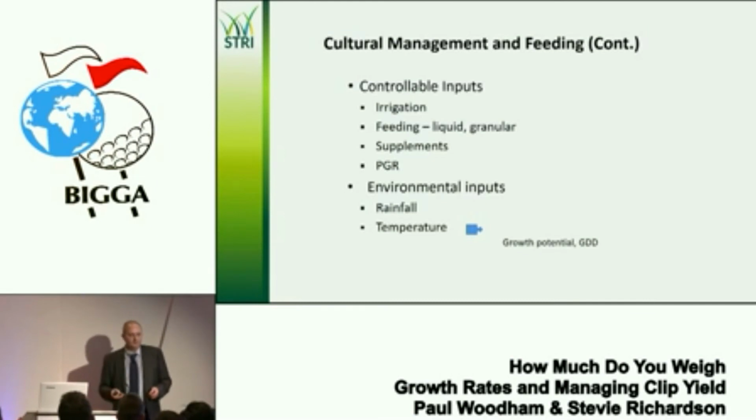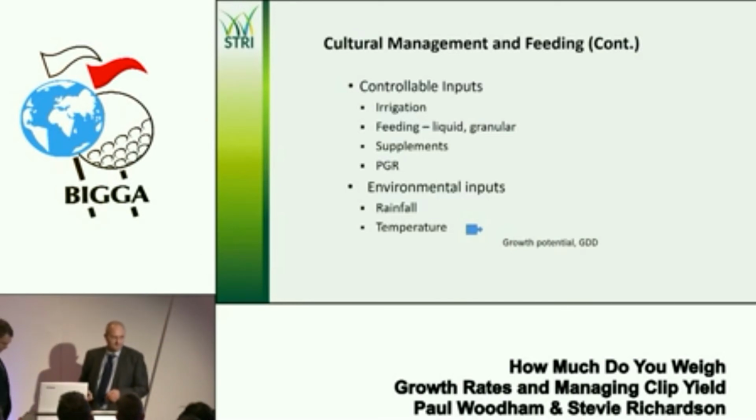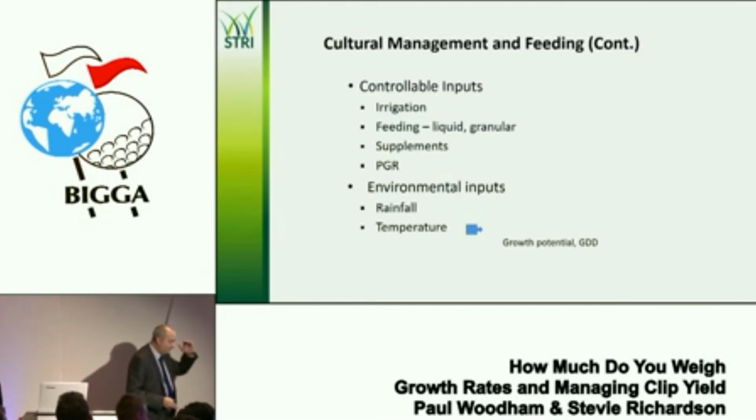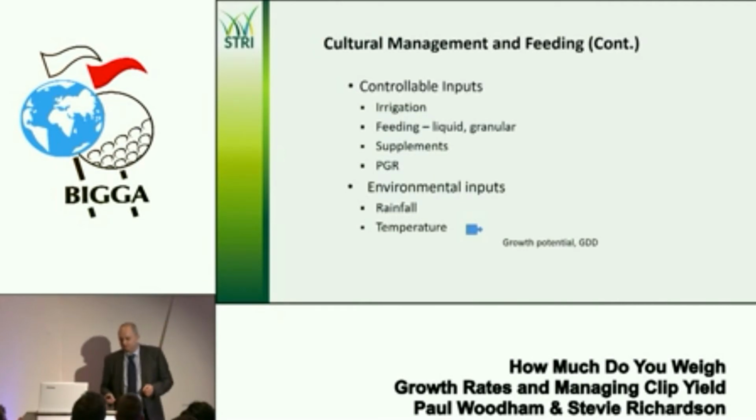Quite often we see a growth response from rainfall for a couple of reasons. It's uniform, might be acidic, it might be carrying varying amounts of nitrogen, different times of year or different weather systems that come in. So you might get a response from that. Temperature-wise, certainly is going to influence, certainly with more soil moisture as well, your growth potential,